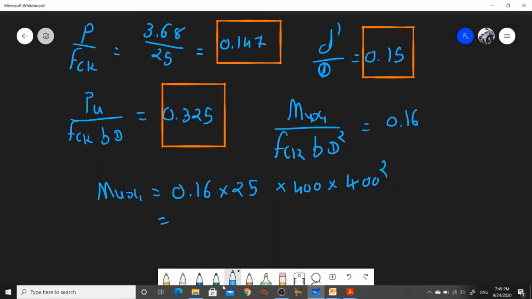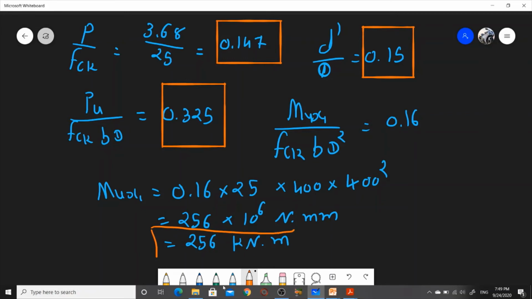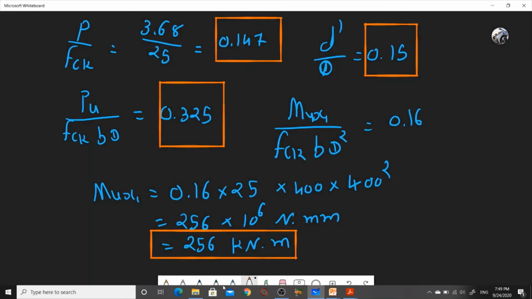Okay, so MUX1 value is 256 into 10 raised to 6 Newton millimeter. I am going to convert it into kilonewton meter, so 256 kilonewton meter. This is the value of MUX1. Let's go find out